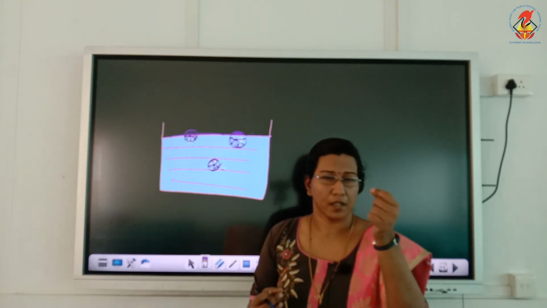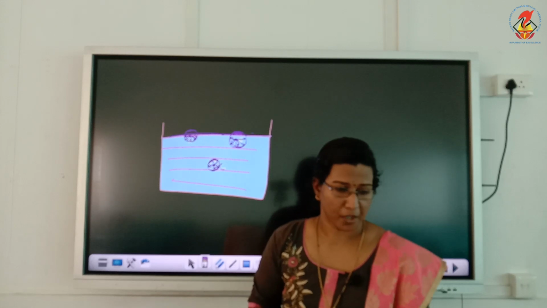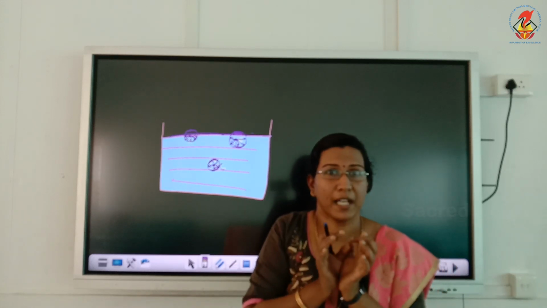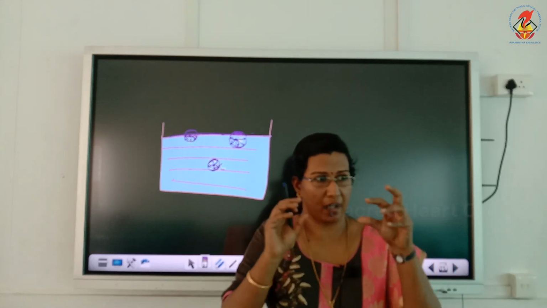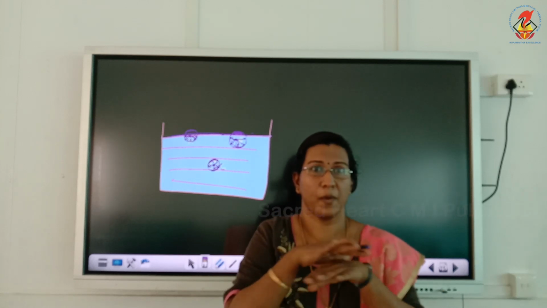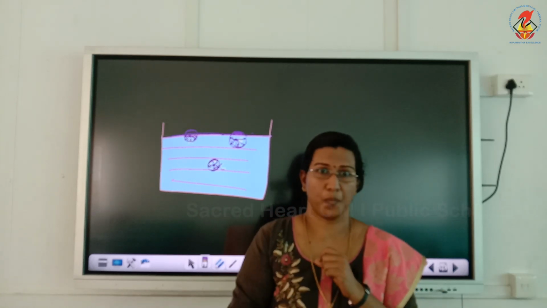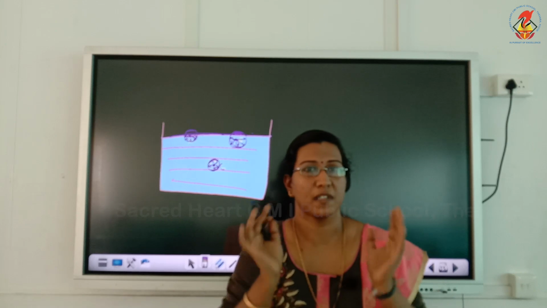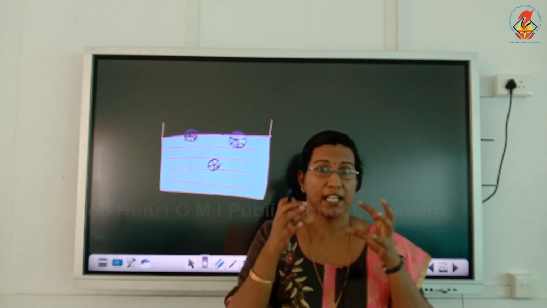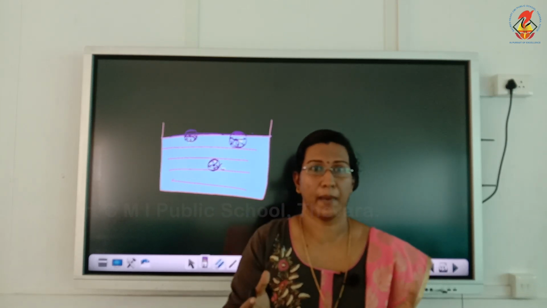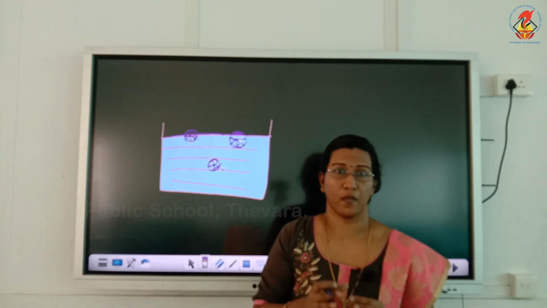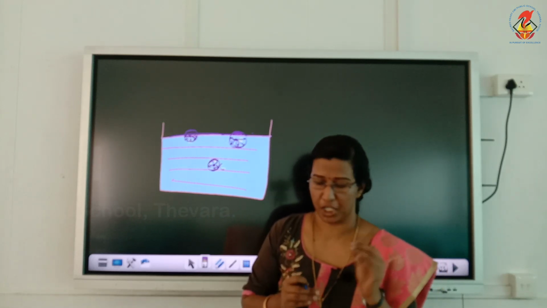If you take water in a dropper and put a drop on the table, you can see that the shape attained by the water drop will be spherical. If the volume is more, definitely the spherical shape will become flat because of the gravitational pull. The water is trying to attain minimum surface area so that its potential energy at the surface will be minimum. And this phenomenon is what we call surface tension.